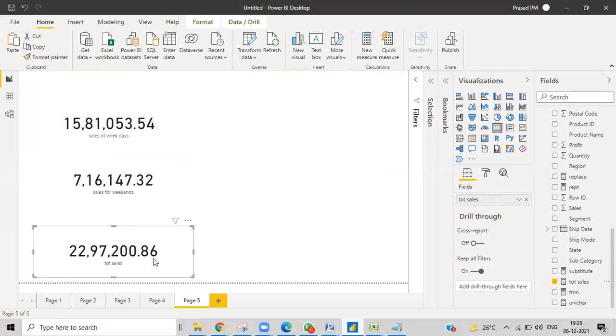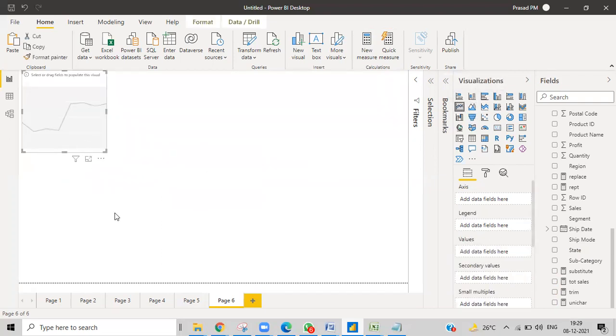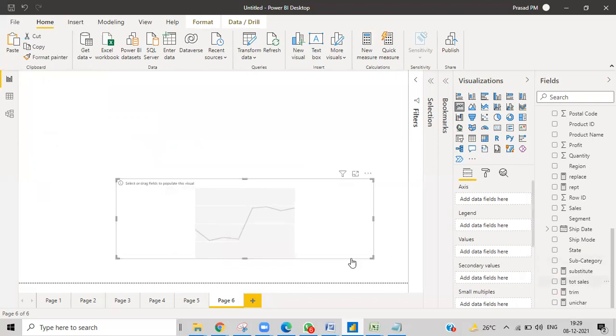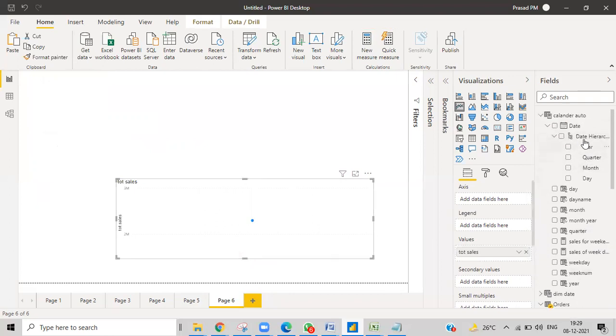You can even do a lot of things. Like if you want to do sales, I want to get my sales, and then I need to give an option to my user to get the sales for a particular month or particular year. So what I'll do is create a table, not like this. I want to show it in a visual like this. I'm trying to explore with the visuals so that you'll understand more easily. Then I want to take some axis, calendar.